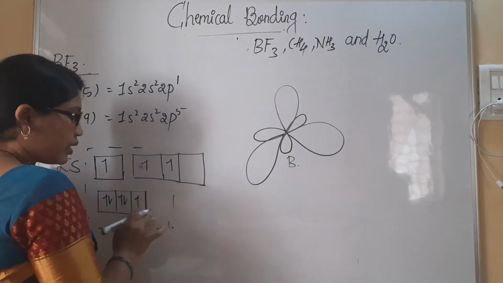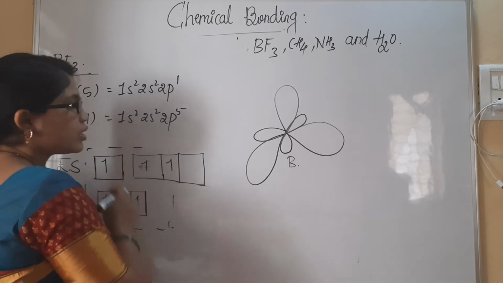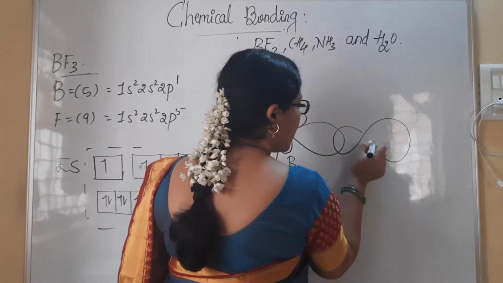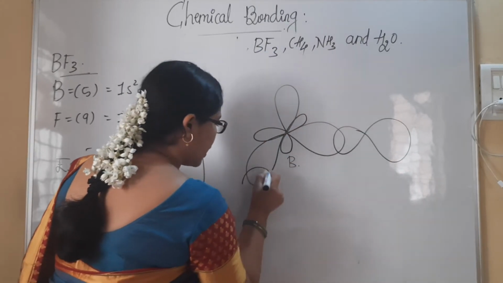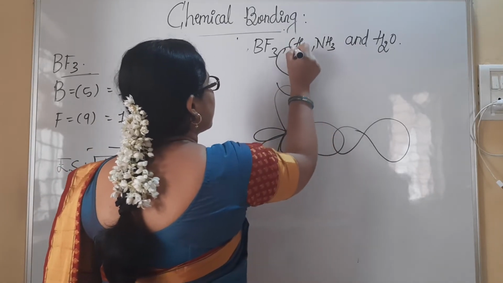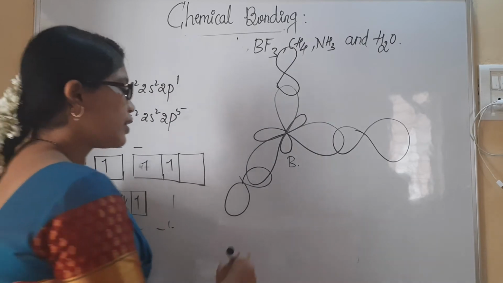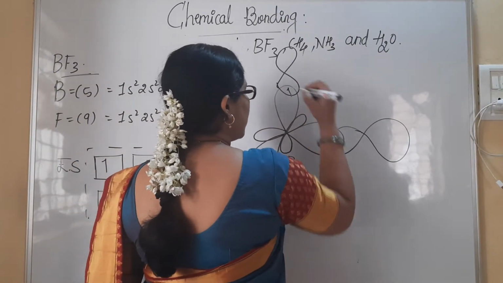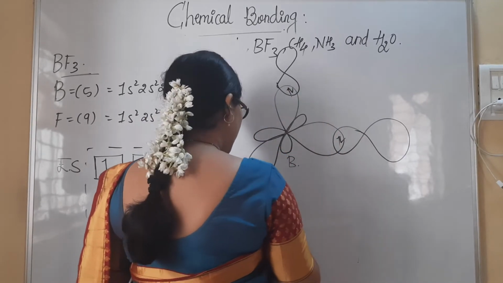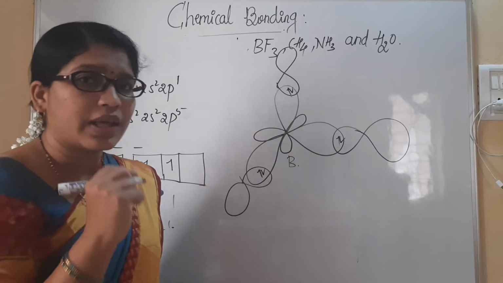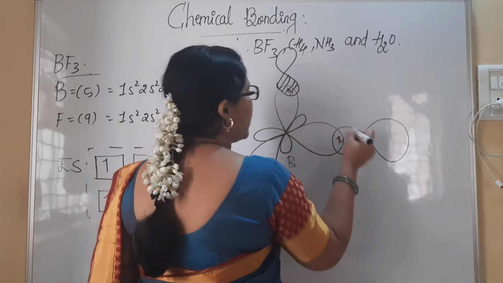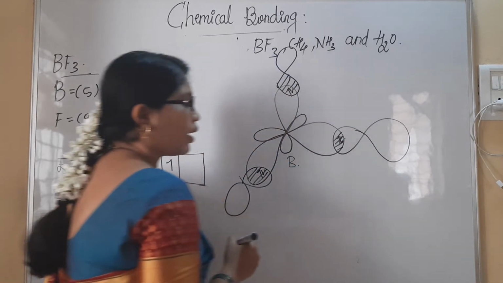Similarly, as I told you, there is a p orbital of fluorine present, and those p orbitals are definitely in a dumbbell shape. They will come and arrange in this fashion. See here. Right? Initially, there was one electron in boron, and when the p orbital of fluorine is coming, it will come with one electron, due to which bonding happens. And these darkened lines, what I have written here, are said to be the bonds of boron and fluorine.